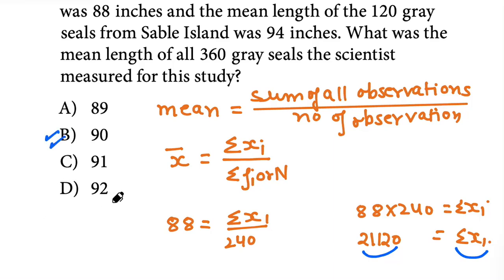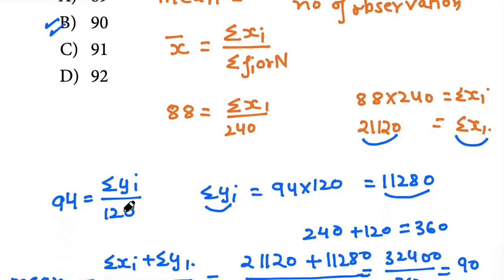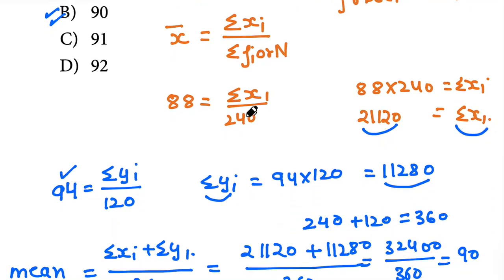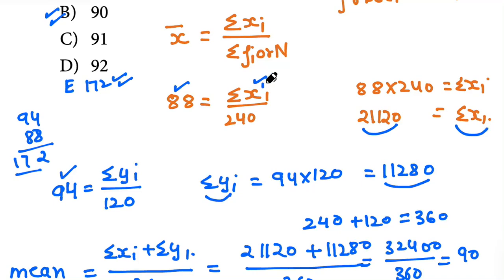Now I can find a very tempting mistake here, that you say, okay, the mean of this is 94 and the mean of the other is 88. Why not add them? If you see the option, you will think, oh, I have this answer and it is also in the options. So no, this is according to the length of the first kind of gray seals and this is according to the length of the second kind of gray seals. So they have to be calculated